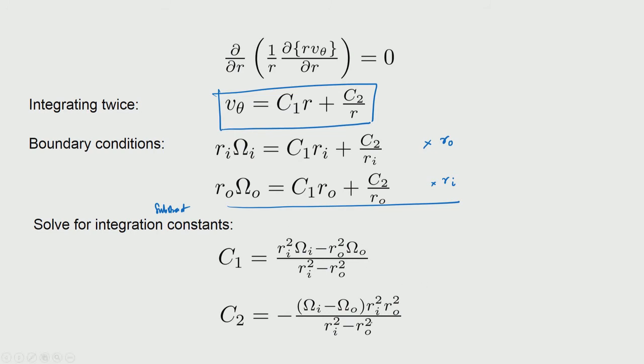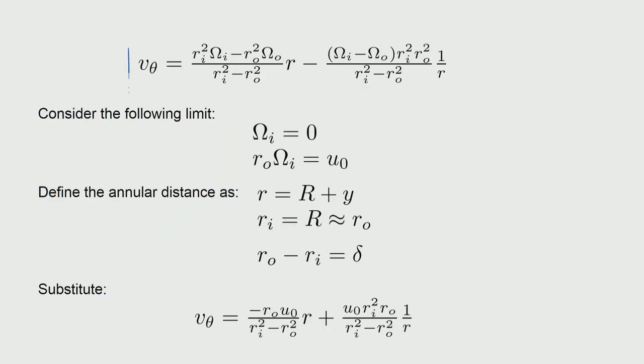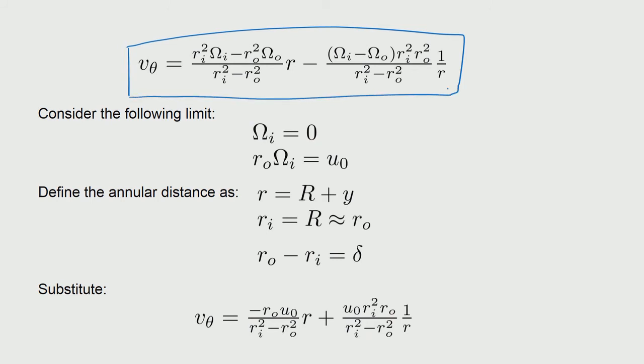So, the solutions for C1 and C2 are available, and then when you plug in, you have got the velocity in the theta direction. Though there are a number of terms, you can see that the functional form is essentially r and 1 by r that is coming in. Okay. Now, we want to look at under what circumstances such a solution can be simplified. Again, like we have done just now, what happens if the gap between the inner and outer walls is very small compared to the diameter of the inner cylinder or outer cylinder for that matter.